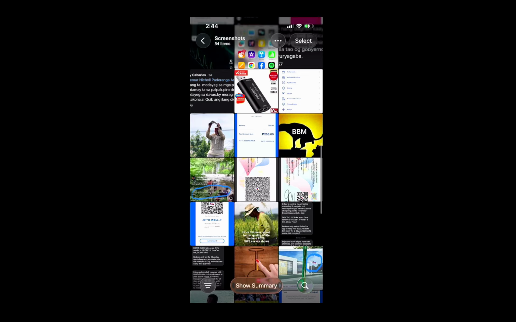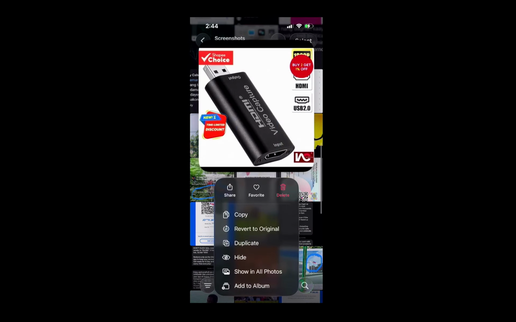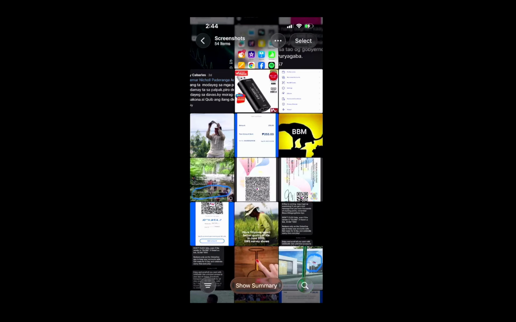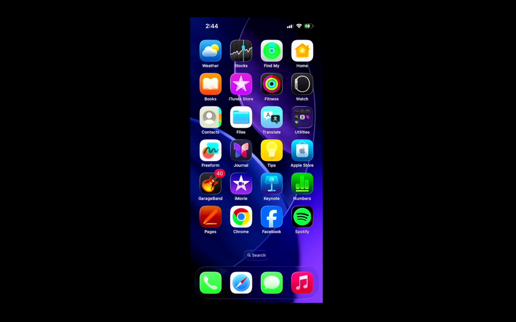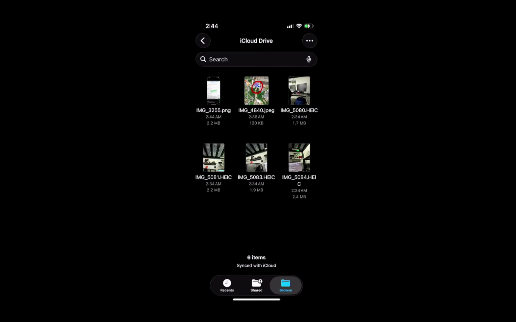That's all there is to it. Copy the file, go to iCloud Drive in the Files app, and paste. It's a simple routine that keeps your important documents, PDFs, and other files backed up and ready wherever you need them. Try it out with a single file first, then build your folders in iCloud Drive to keep everything tidy and easy to find.